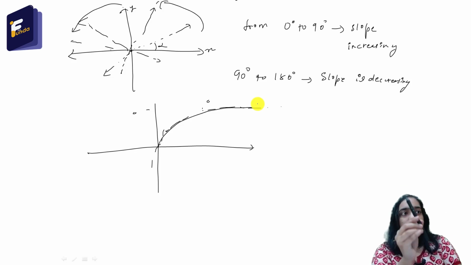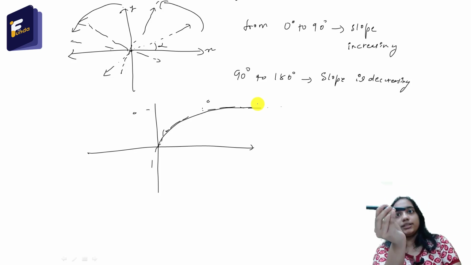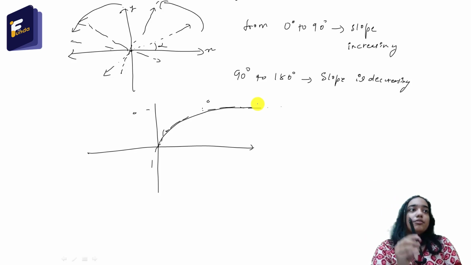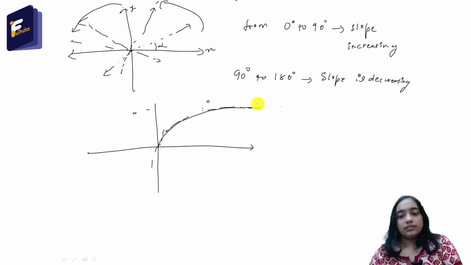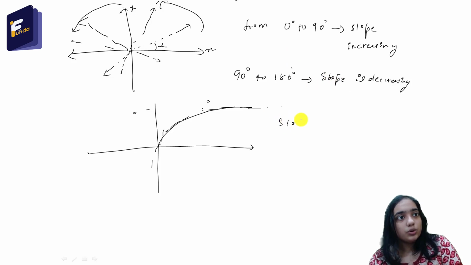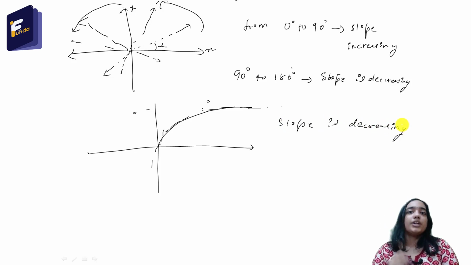First you have to keep the pen like this, and you can see that the pen is finally becoming horizontal. That means if from a little bit vertical position your pen is changing to a horizontal position, then for that graph the slope is decreasing. So in this graph, the slope is decreasing. This is the way you can check.